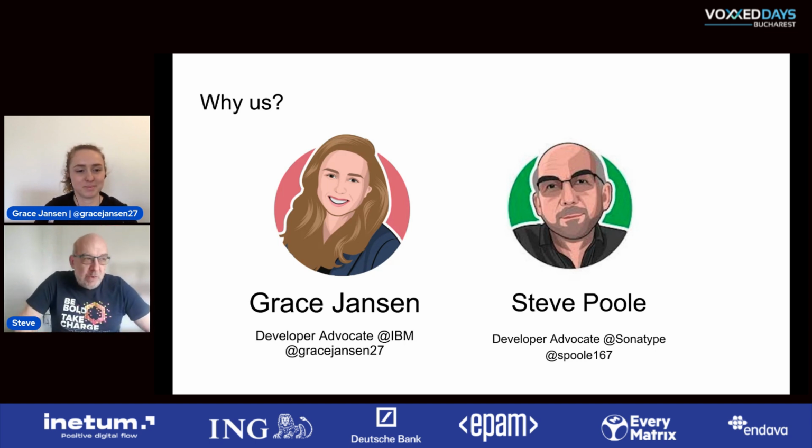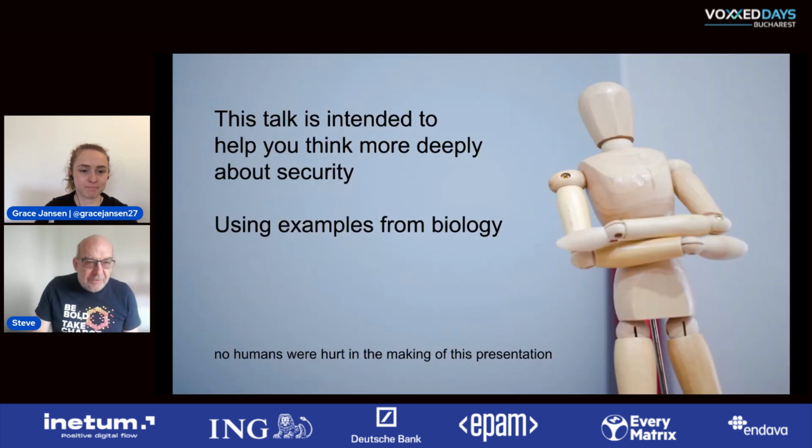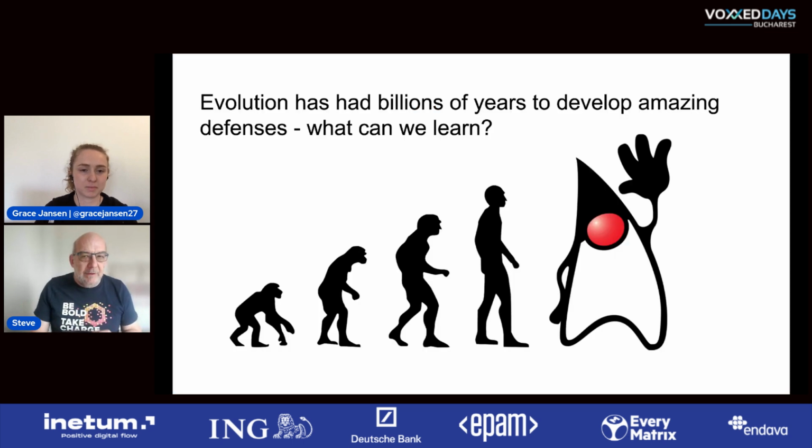So we're not going to go into enormous detail because A, we don't have time, and B, the subject is so big, but we're just going to wander around the comparisons between biology and Java and see how it stacks up and see what conclusions we can draw from it. We want to just get your brain thinking differently. And we're going to compare biology and the aspects of Java security. There isn't really much Java in it. There is a little bit, but mostly it's about just comparing how the real world does it versus what we do in the computing space.